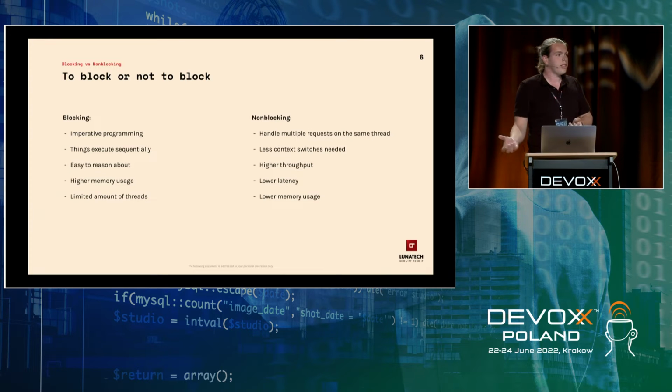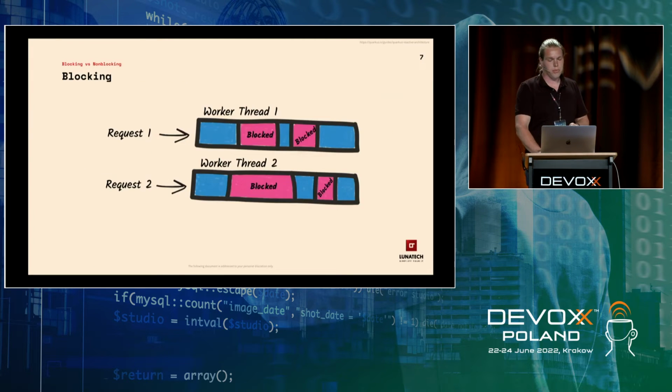But if you go reactive, the idea is that we'll be able to handle more and more requests on the same CPU with lower latency and lower memory usage. This is best visualized in a picture. So we have a bunch of worker threads. In this case, we only have 2. Typically, you have like 20 or 200, or a couple of thousand maybe, but that really is the max mostly. Or you have multiple worker pools as well.